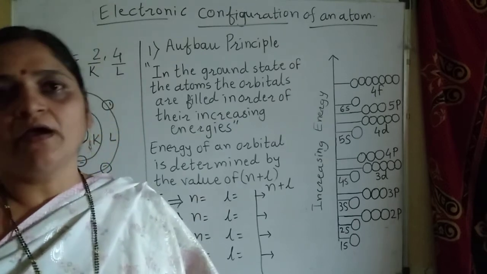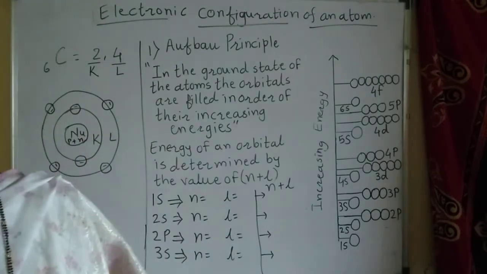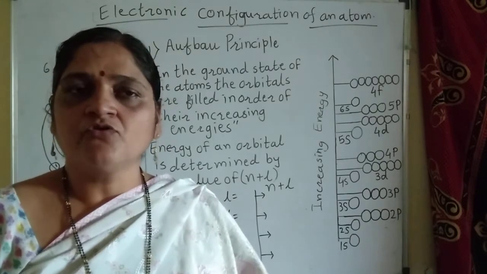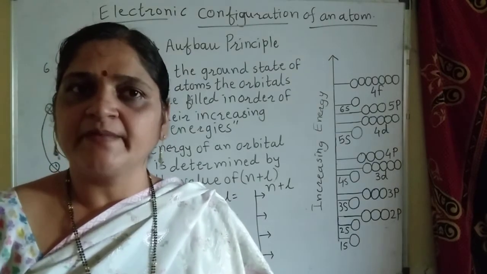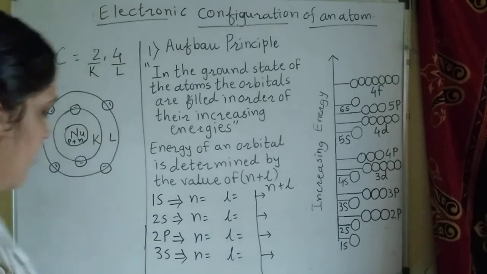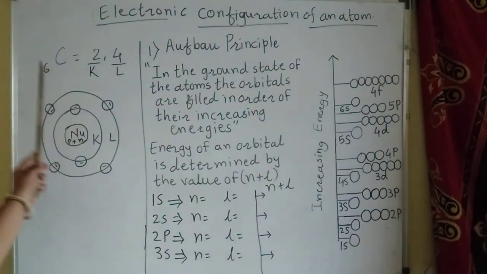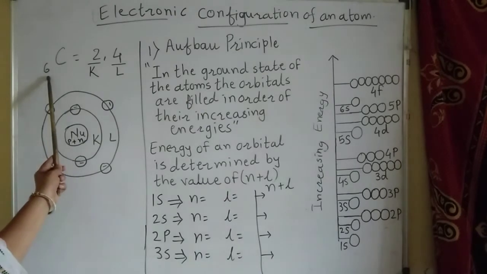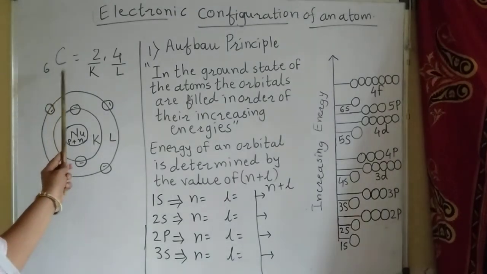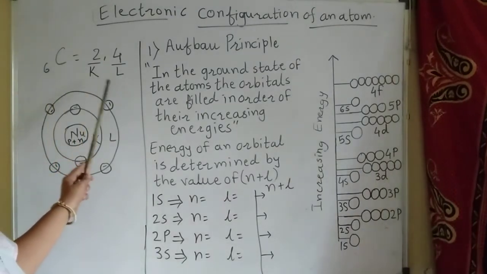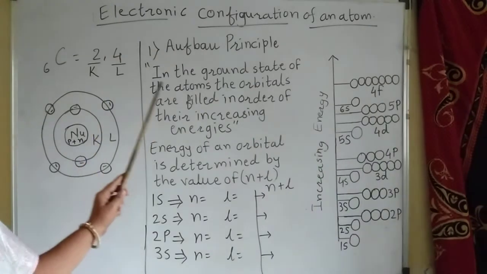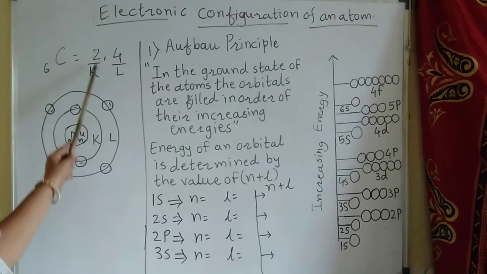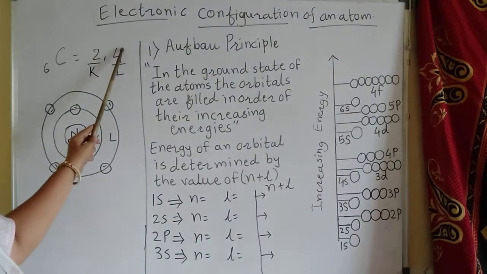Now, you have already discussed the electronic arrangement in the 9th and 10th standard also. In 9th and 10th standard, you were writing the electronic arrangement in the different shells. For example, I have taken here the example of carbon. In this carbon atom, the atomic number is 6. Atomic number 6 indicates that there are two shells in which the electrons are distributed, the K shell and the L shell. In the K shell there are 2 electrons, in the L shell there are 4 electrons.